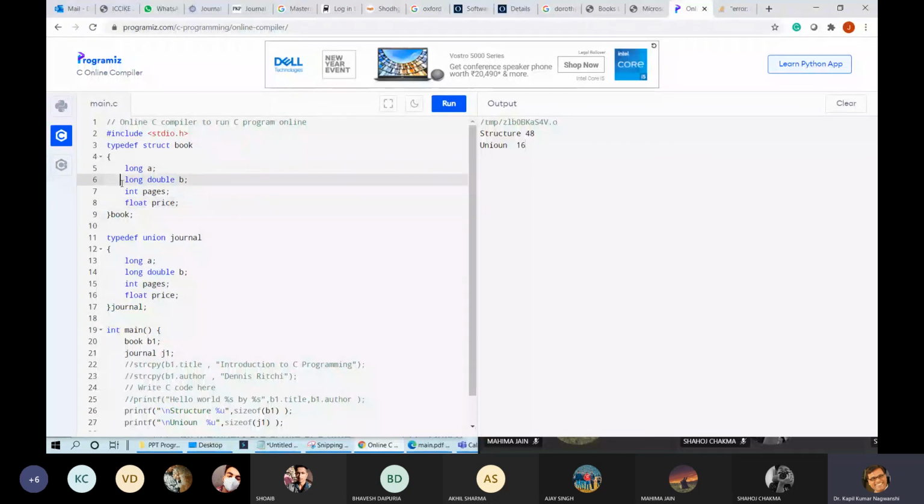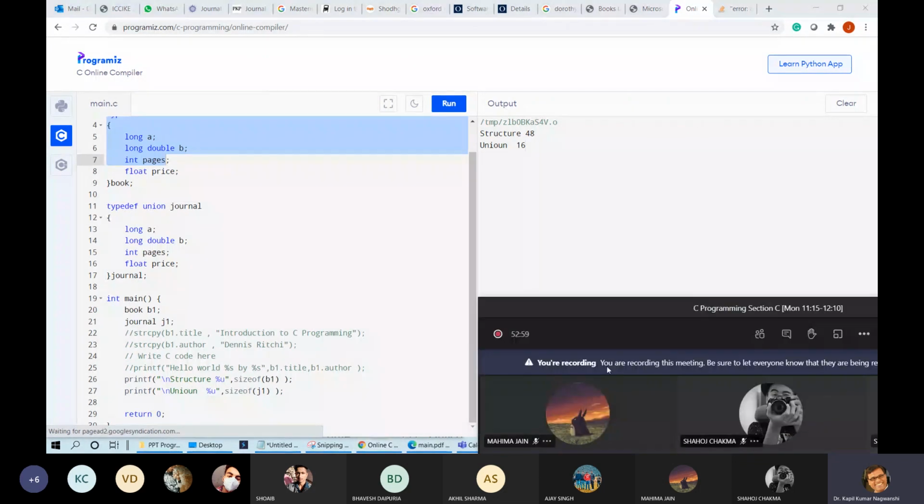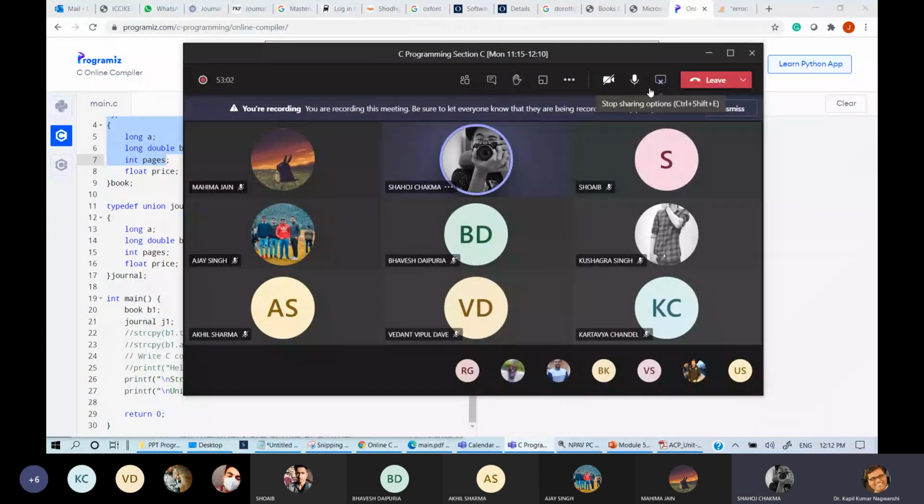So 16 plus 16, 32, and 16 plus 8. 16 plus 16 total 32, but the padding of 4 byte will be there. Okay, because of different sizes are here. So I will explain the concept of padding, how this 48 is coming. Actual size is not 48, but why this 48 is coming. Okay, so I think today it is sufficient. Okay, sir. So I will explain it tomorrow. Give me 1 second.